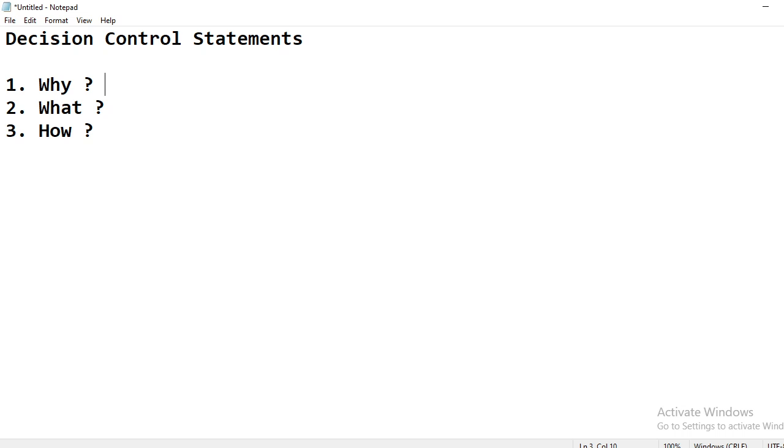So in that scenario, when we have to make the decision based on the condition, then we will make use of the decision control statement. Let me write that thing. When we have to make the decision, it should be based on condition, right?